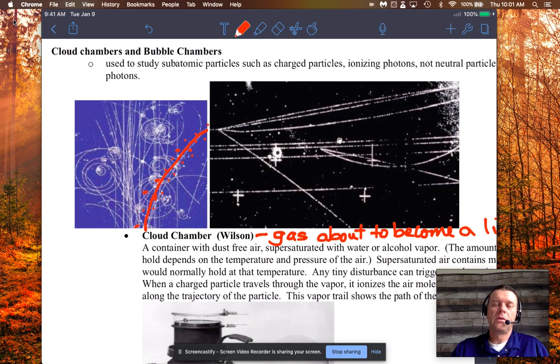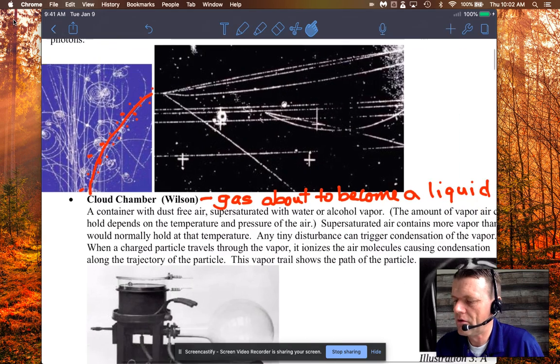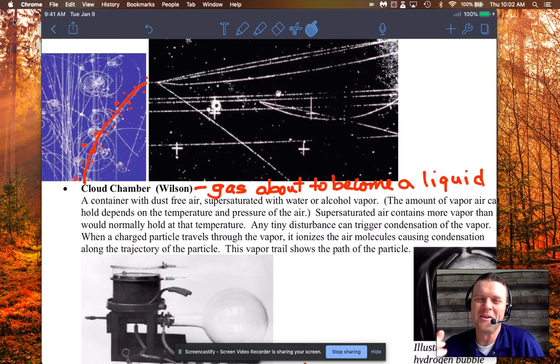And if you apply a magnetic field, which was the next step that Wilson started doing, the charged particles will be pushed into a curve, okay? Because the magnetic field will push them into circular motion. And that set up a whole bunch of things because then you can tell, is it positive or negative? You can do some calculations. If you know the speed of the particle coming in, you can figure out its mass, just kind of like a mass spectrometer, but not in a vacuum though. Okay. And I'll touch on that point in a little bit. So Wilson, actually, he was a student of J.J. Thomson.